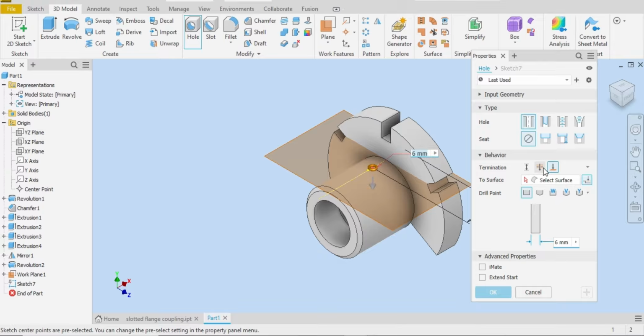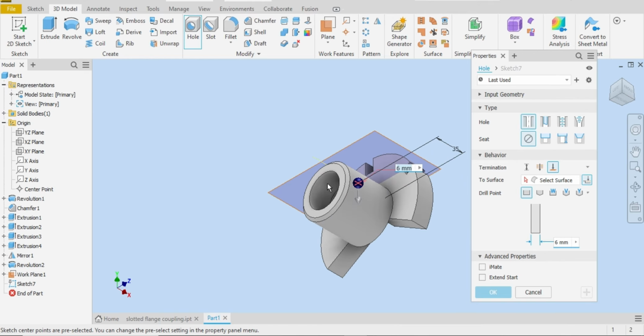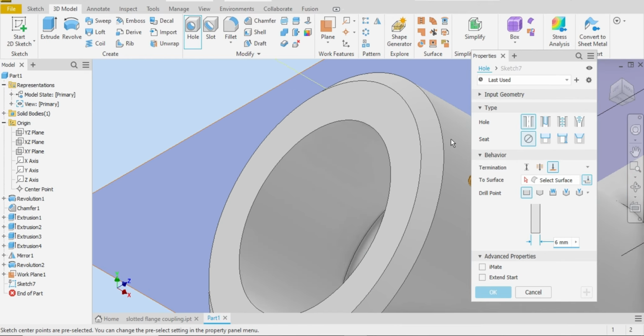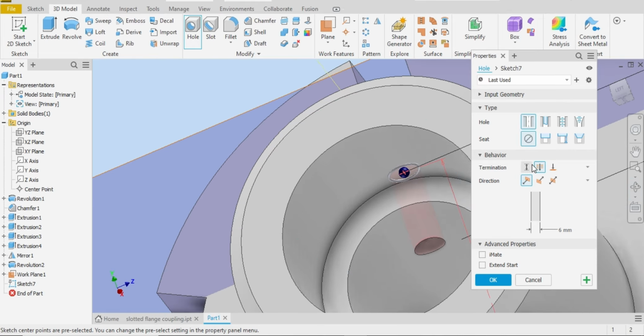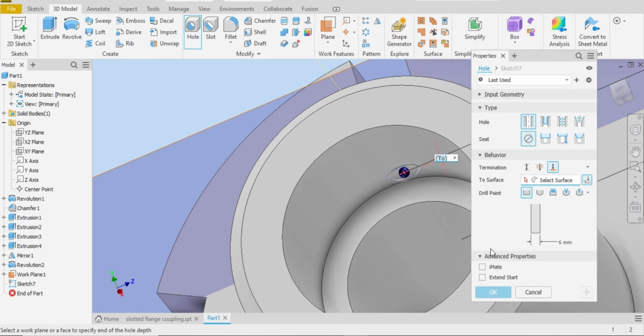Go to the to surface. Let me select 6 millimeter and select this to what? Let me just zoom in. Let me just rotate, okay, to this surface, not through all but through this surface. Okay,